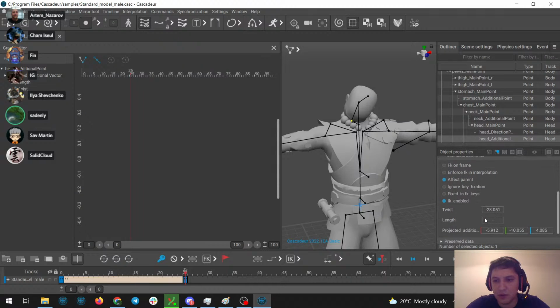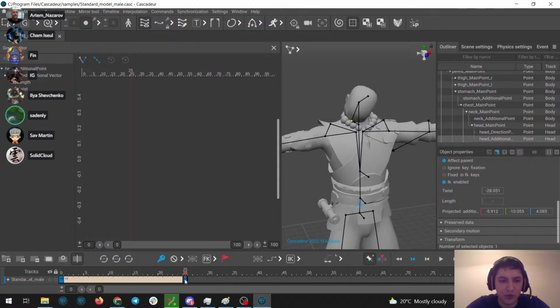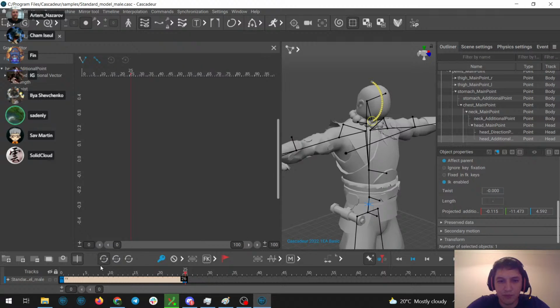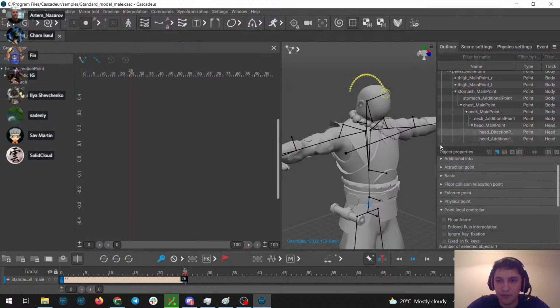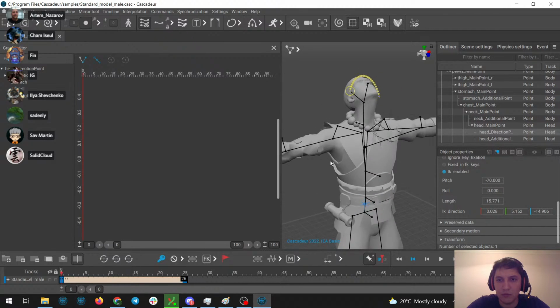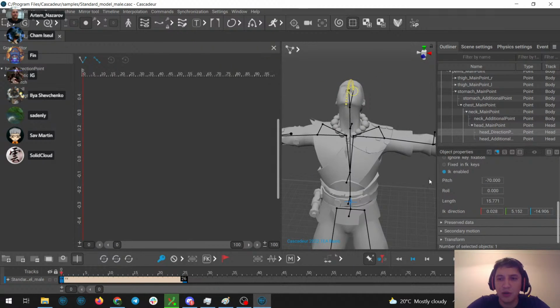I think I have some non-zero twist here. Let me put it to 0, and now you can basically see the trajectory. Okay, so you can see this trajectory.